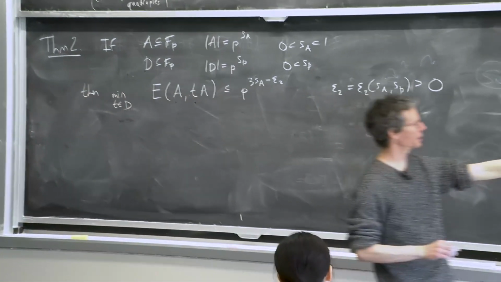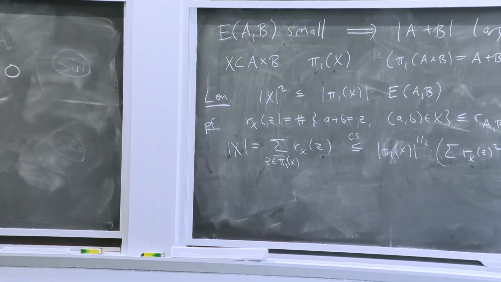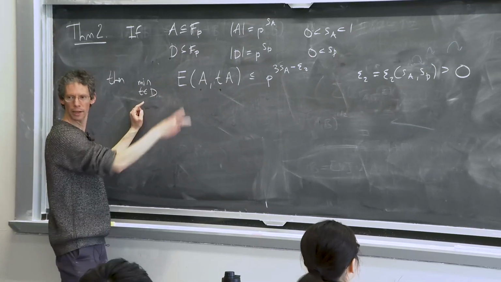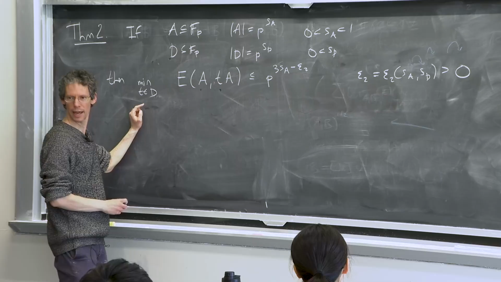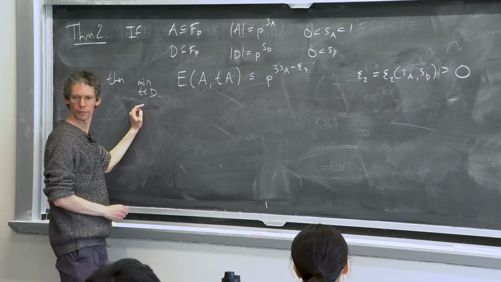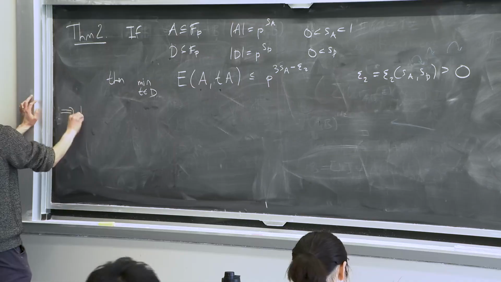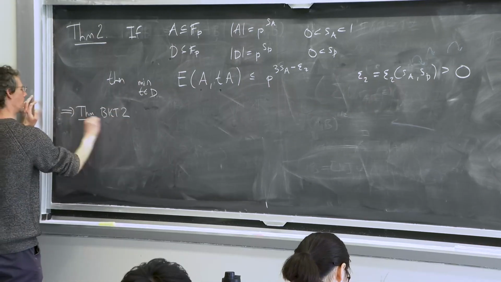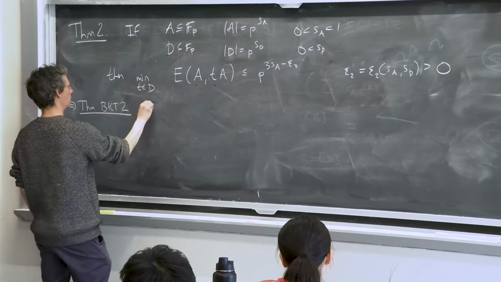Now, because of this lemma, we automatically get not only a lower bound on pi t of A cross A, but we get a lower bound on pi t of any big subset of A cross A. So this automatically gives the BKT theorem. In fact, this easily implies a strong version of the BKT theorem, which I think was also proven by BKT. And it says